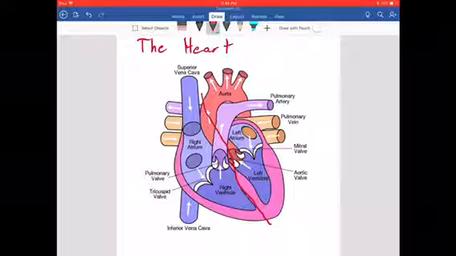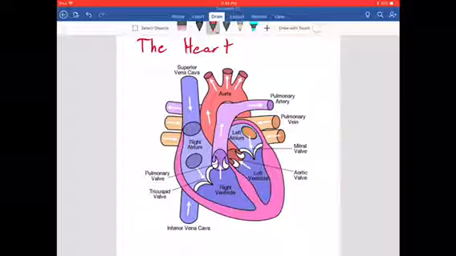The left side of the heart pumps oxygenated blood out to the rest of the body, whereas the right side pulls and pumps deoxygenated blood up and into the lungs so that you can get oxygen for the rest of your body. Now, we're going to talk about the different parts of the heart, starting with the